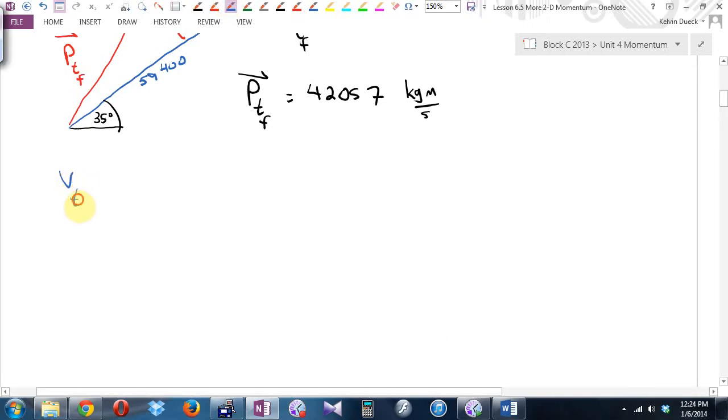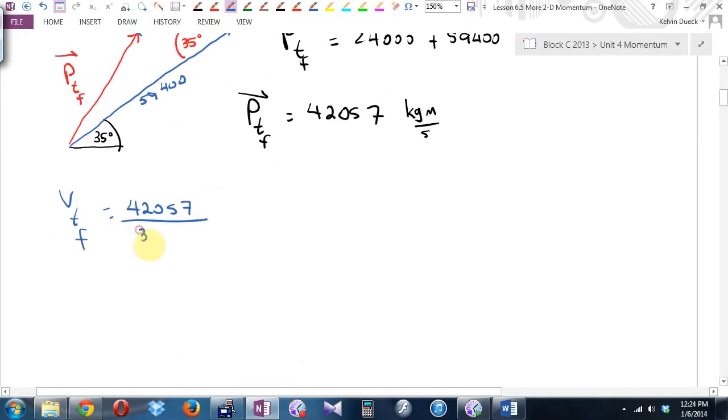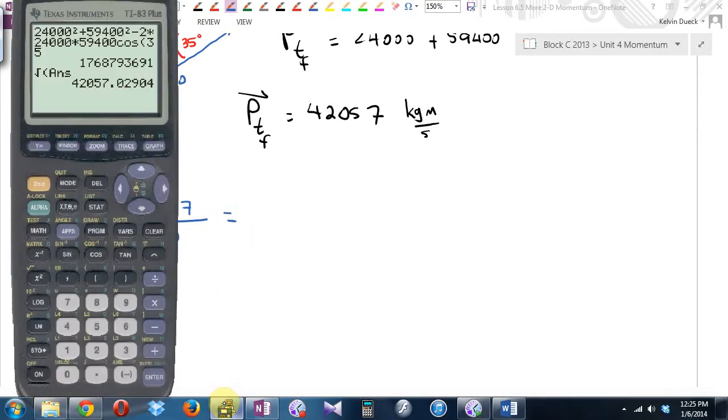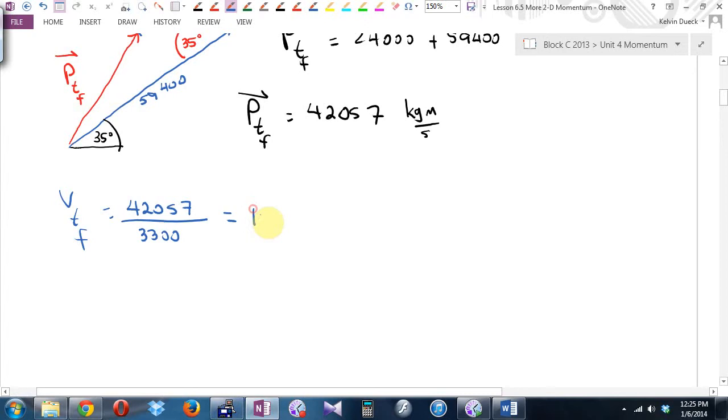So velocity of truck final is going to be 42057 divided by, what was the mass of the truck? 3,300 kilograms? Do you get 12.744, 12.7? Now,